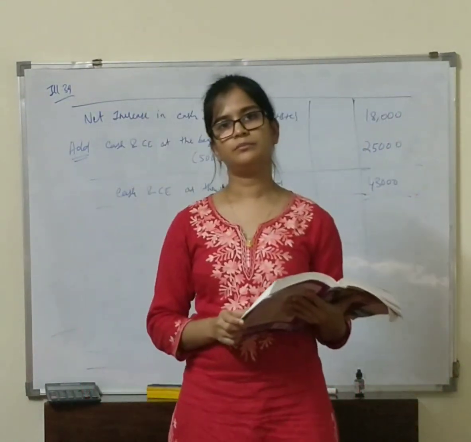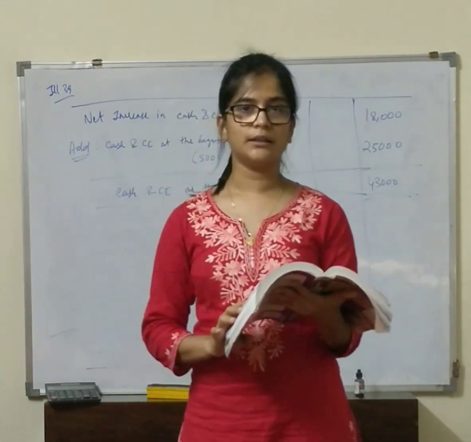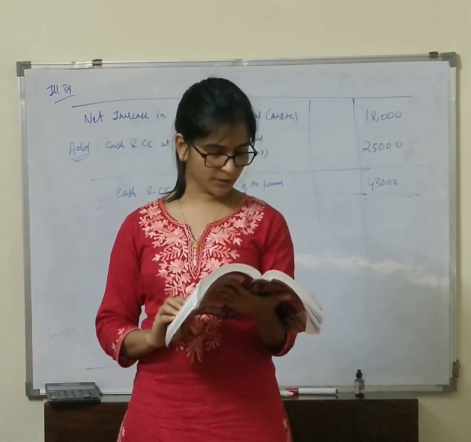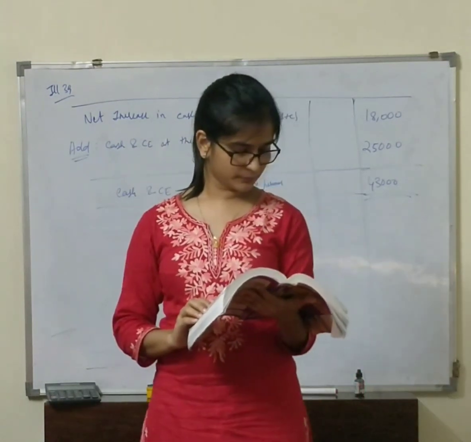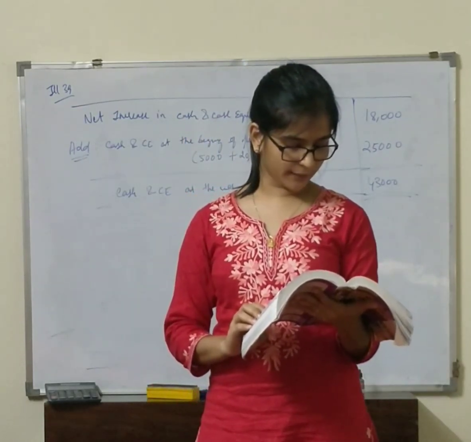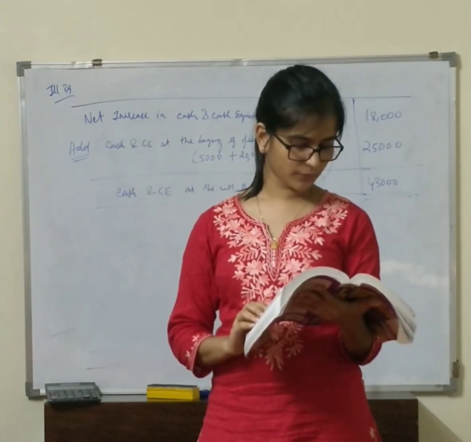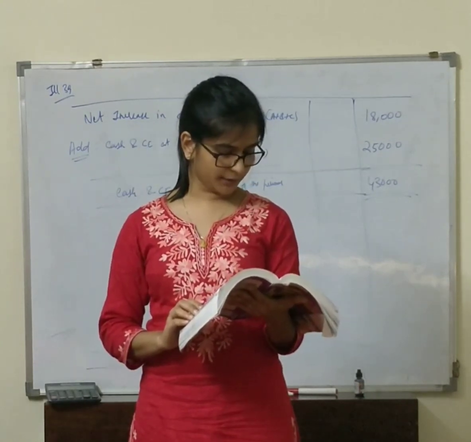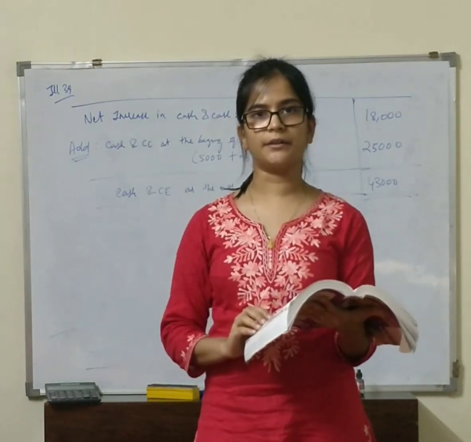So write down the note. Note number 1, provision for income tax. Under that A, provision for income tax appearing on the liability side of previous year's balance sheet will be treated as payment of tax during the year. Full stop. Hence it will be deducted while calculating net cash from operating activities.